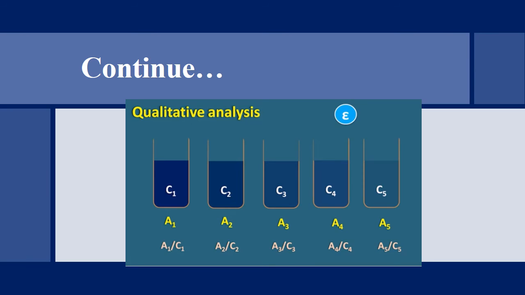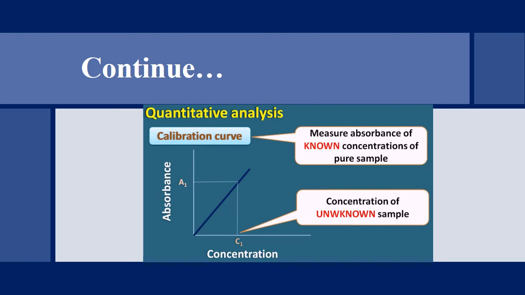And there is another standard in which we will compare the solution ratio with the epsilon naught reference. If there is a difference between the reference and the actual solution ratio, then it means we have a different drug type. So the second application of Beer-Lambert's law is the quantitative analysis.